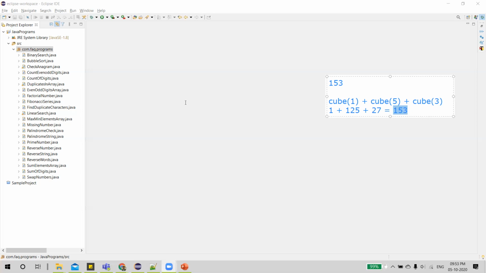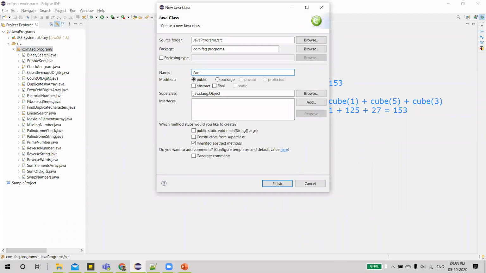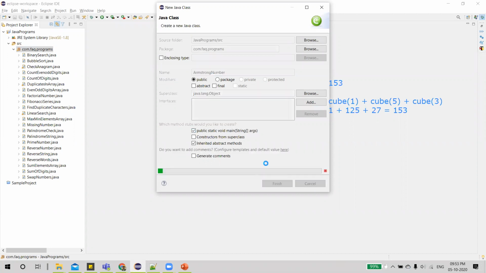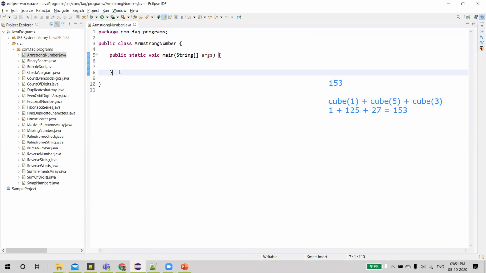Now let us write the program for it. Let me create a new class. We'll call it Armstrong number. Let me write a method which checks whether a given number is an Armstrong number or not.